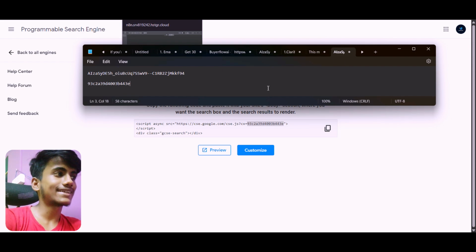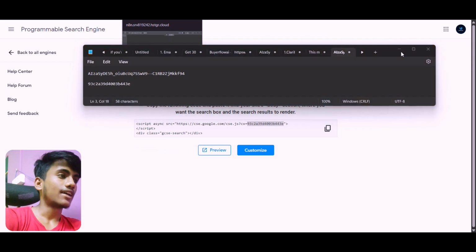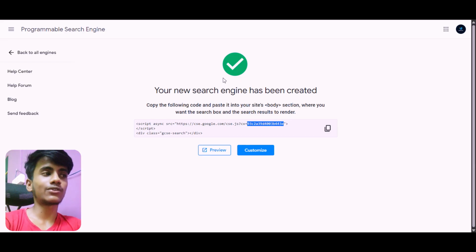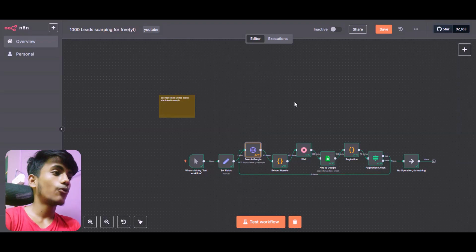So we have the API key, we have the CX value. Now this is all you need to do. This is all. Other than that, you don't need to do anything. Now when you are going to have this template, right, you don't need to change anything.